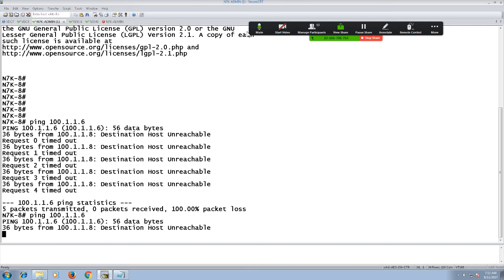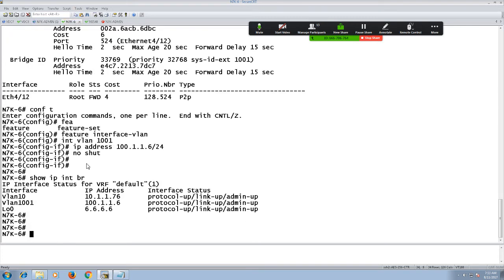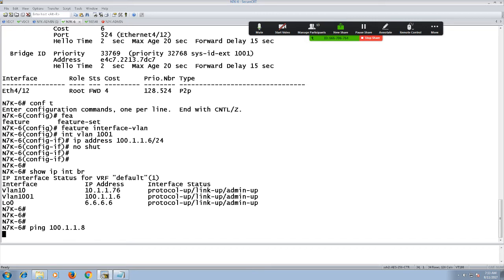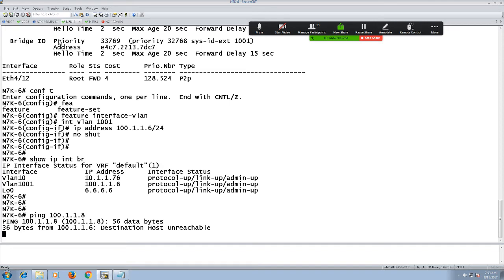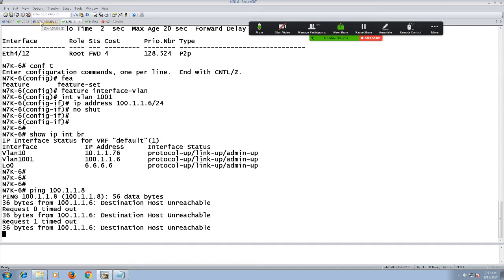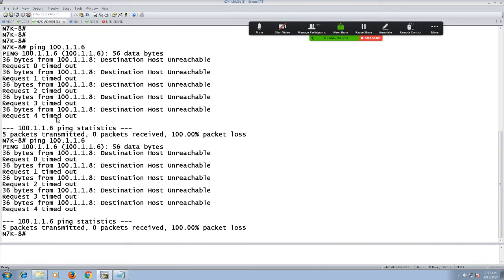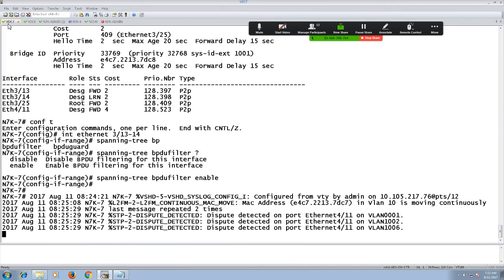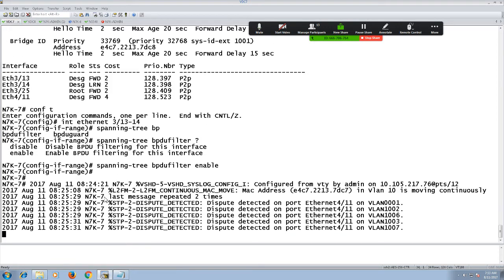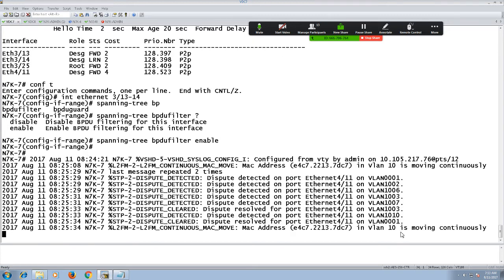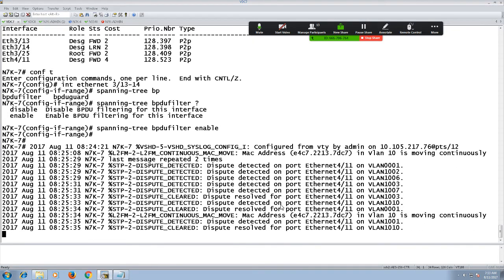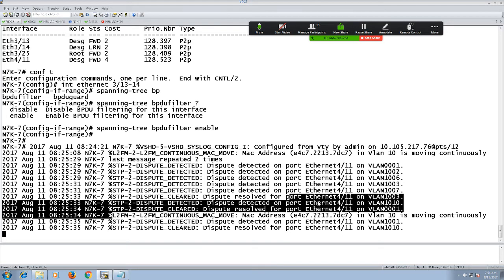Let me apply it from VDC number 6 also. Let me ping 100.1.1.8. You can see over here we are not able to ping, because of what we have just done. I think there is some dispute going on, and you can see over here there is a MAC move that happened.